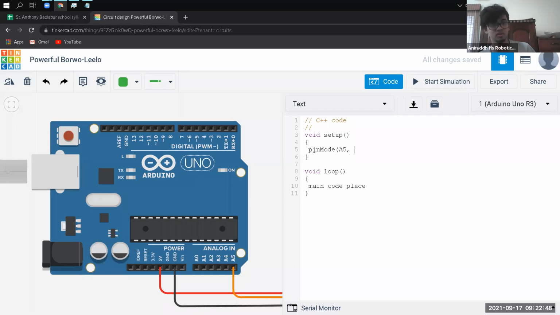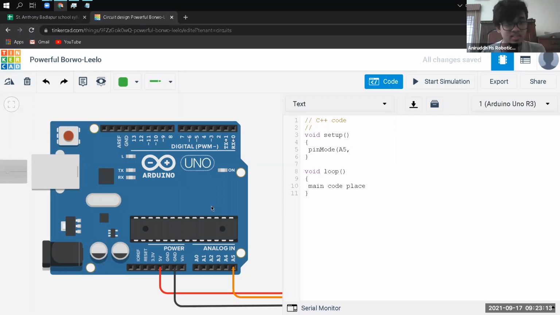LED goes an output. Radhika Das says this is an output. So depending on this, we have to tell, and the PIR sensor was an input. So different things are inputs, different are outputs. Think about it from the Arduino perspective. Is the signal coming to the Arduino, or is the Arduino sending a signal outside? If it's coming into the Arduino, it's an input. If it's going out, it's an output.